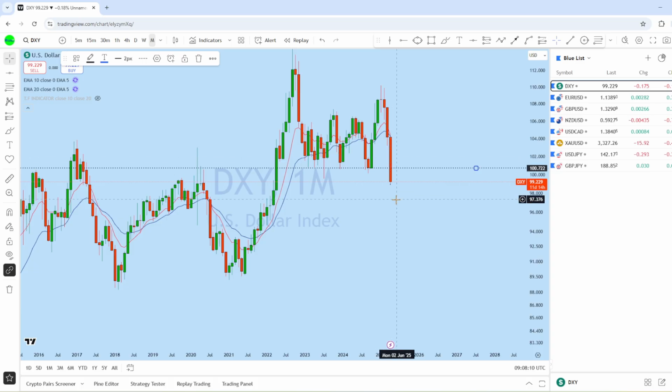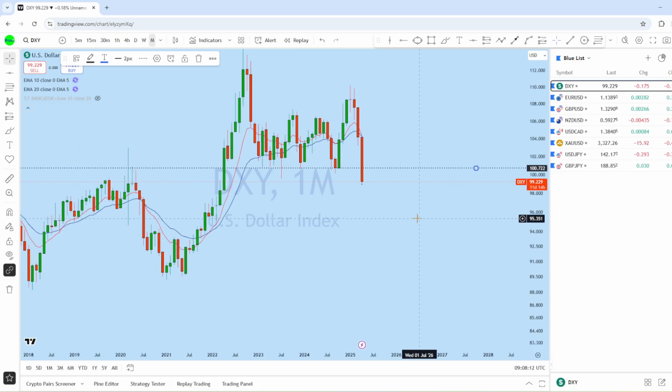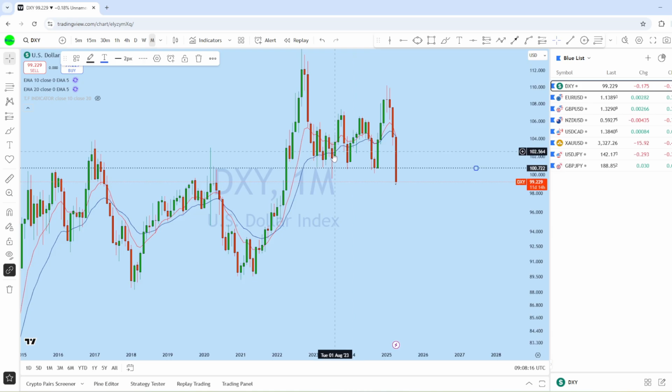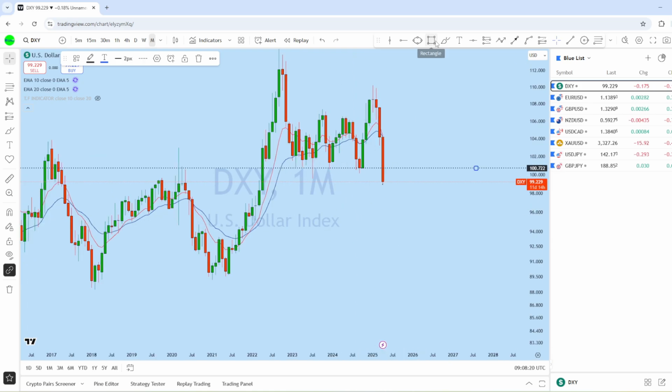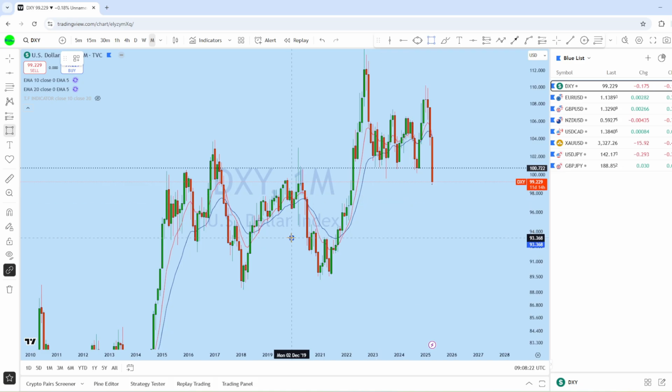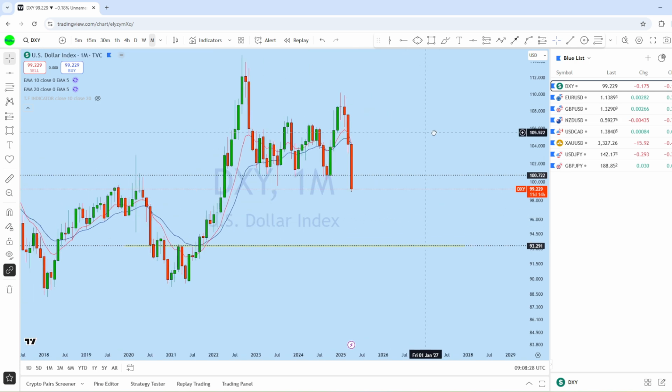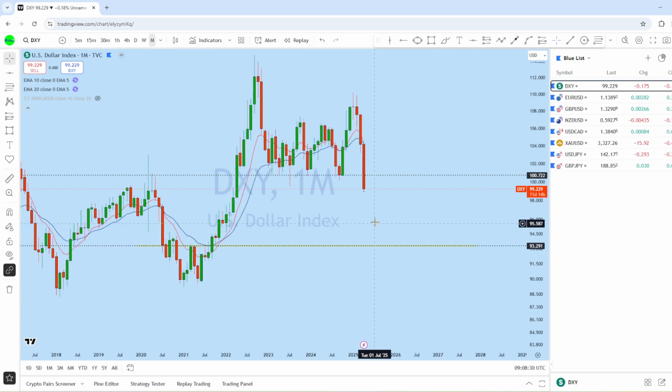Now, DXY from the long-term picture, as you can see, as expected in our previous analysis as well, the market managed to break this support level. Still we have 10 days to go for this monthly candle, and the price is already below all this low, and it's on a fair value gap. If we look at a very big picture here, this is the previous order block on DXY, and in the long term we may see the price even try to drop back to that order block.